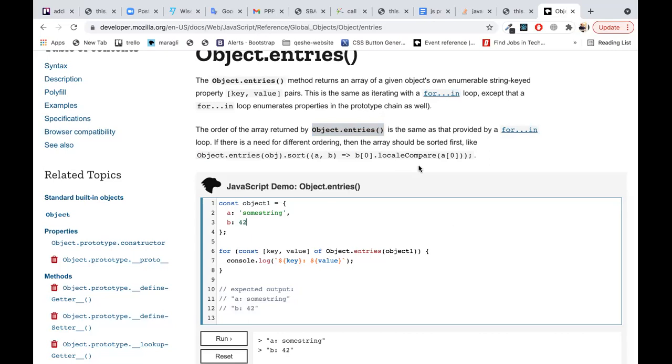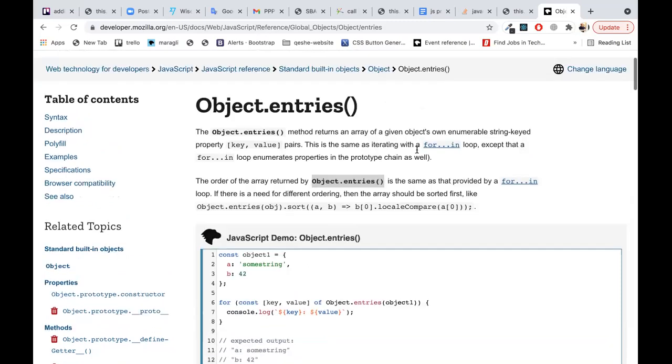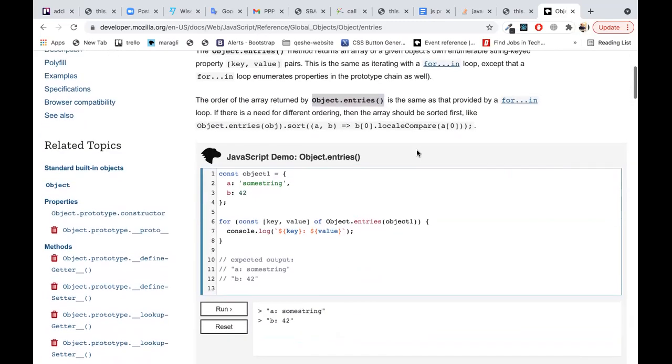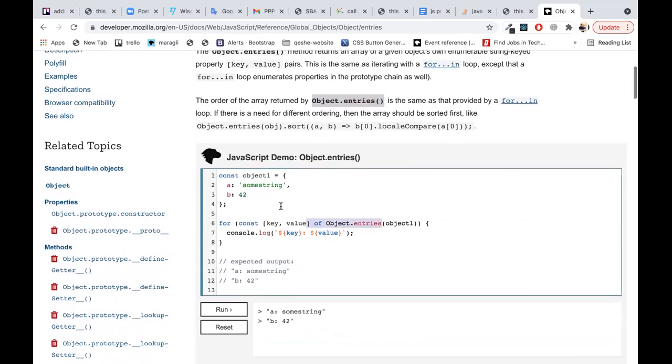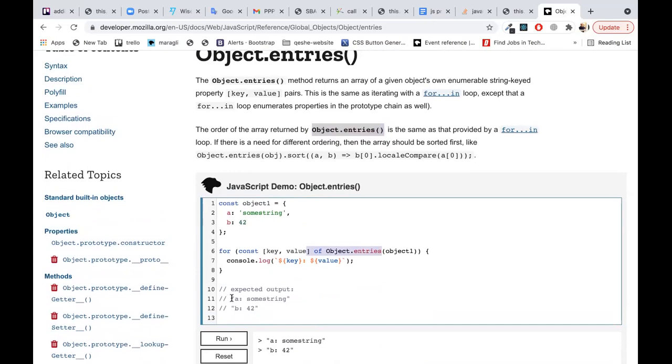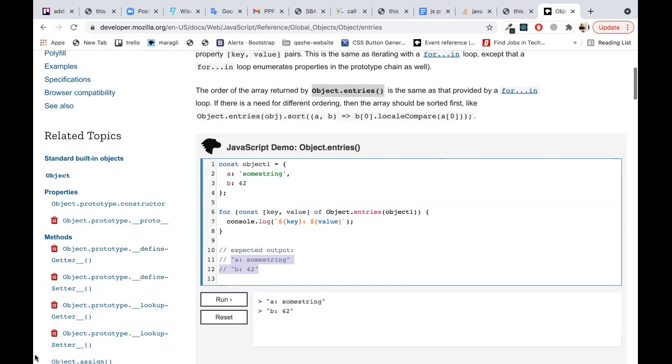Okay. I didn't type it. I checked last time already. I use this one, it's kind of a loop, we use a for-of loop, and it's a different way to get this kind of output.